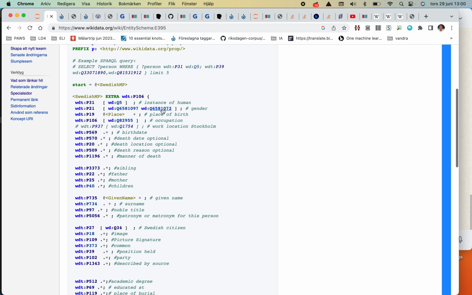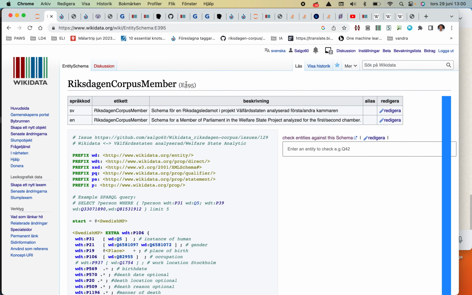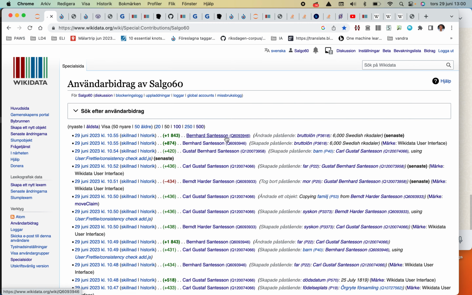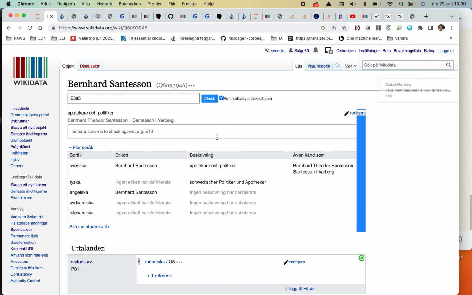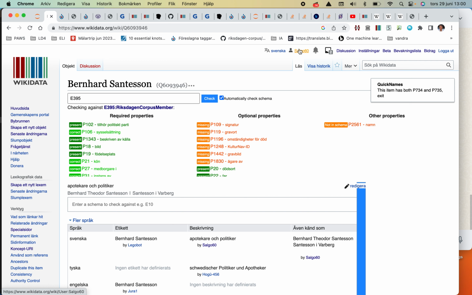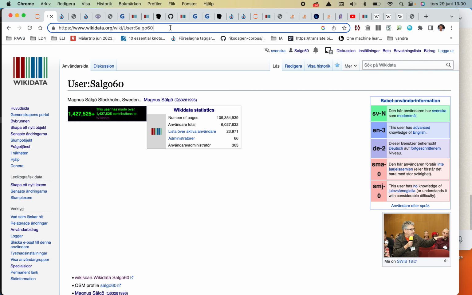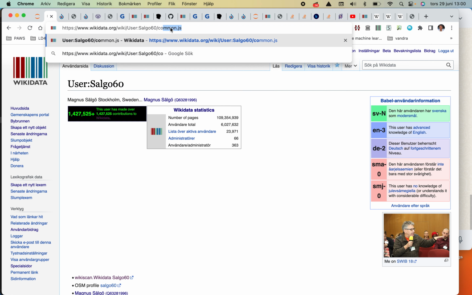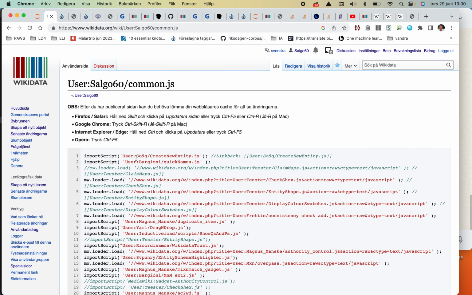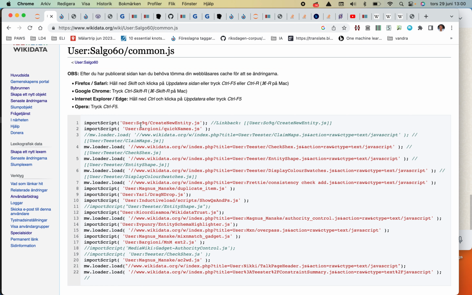And as I have tried to tell you, we use those also in gadgets. For example, here I have a gadget in my common.js, and that says, please use for Magnus when he's logged in those. So I have something Dennis has done, create new entity. Quick names is that we create special name objects directly, so I get suggestions and so on. And here we have Tweeter, check,